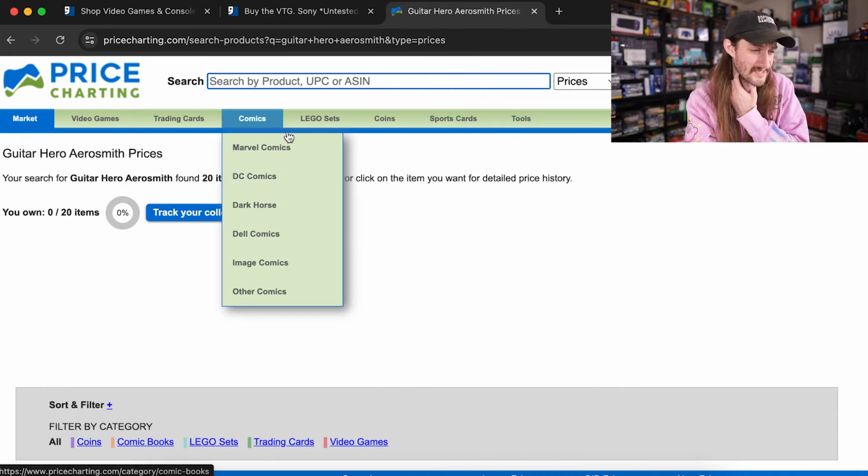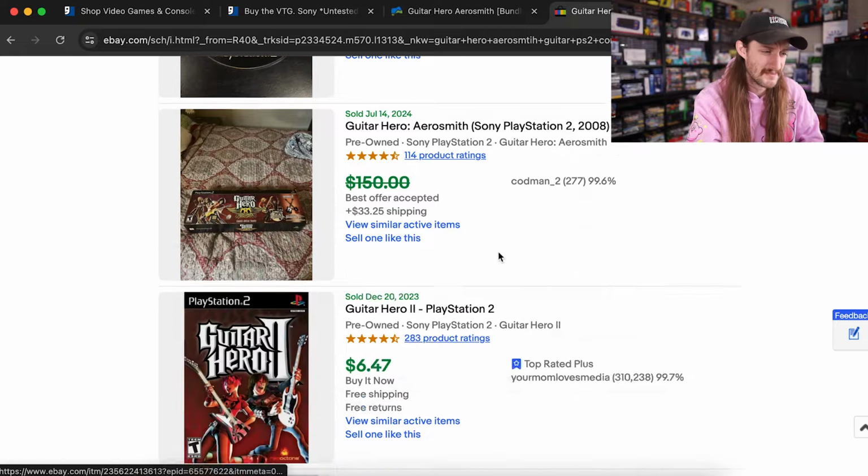Guitar Hero Aerosmith PS2 complete. Let's see. I know it doesn't have the game for it, but this might be selling for a lot more on somewhere like eBay. Let's find the sold listings down here. If you scroll all the way to the bottom and find sold listings, I want to see if we can find the guitar because, oh, maybe I need to search guitar as well. Guitar. And see. I know it's probably hard to say Guitar Hero guitar, but